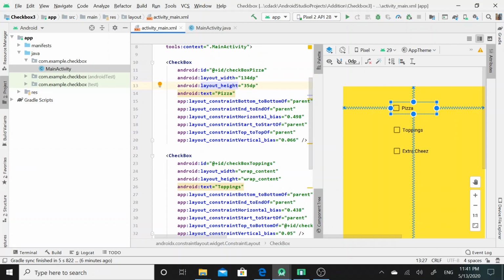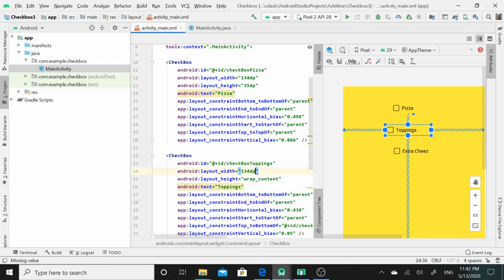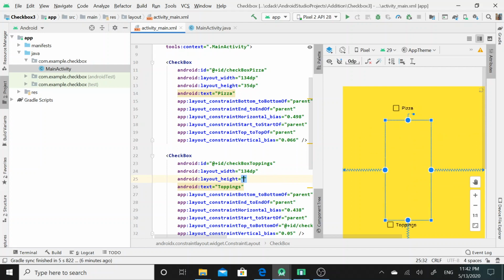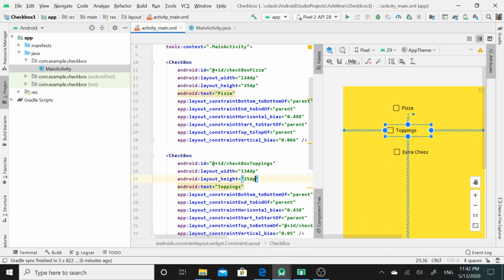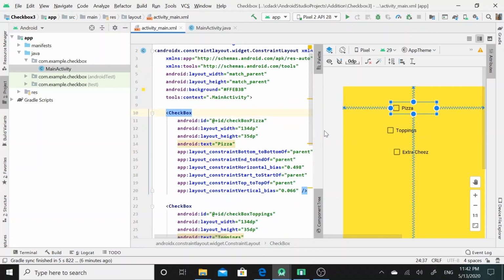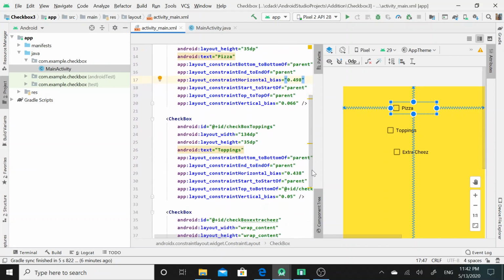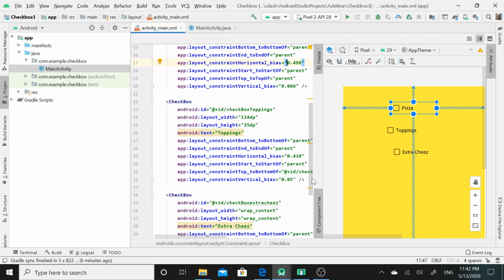So here I will change the width of the next checkbox. I will assign 134 dp as the width and 35 dp as the height. Likewise, similar parameters I will apply to the third checkbox.